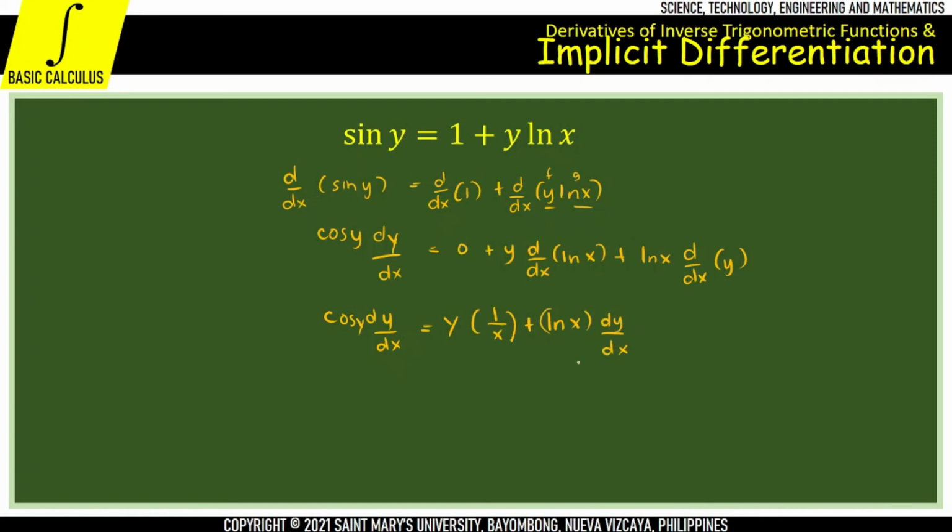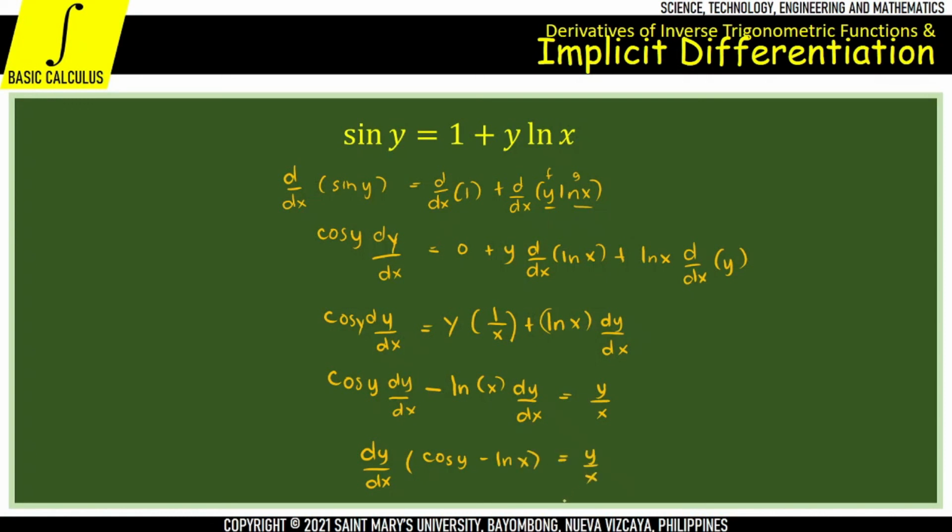Next, combining all terms with dy over dx on the left side. So we have cosine of y dy all over dx. And then ito, ililipat natin sa kabila so that becomes negative. Natural logarithm of x dy all over dx is equal to, natira sa right side is y all over x. Next, factor out dy all over dx. So we have dy all over dx of cosine of y minus the natural logarithm of x is equal to